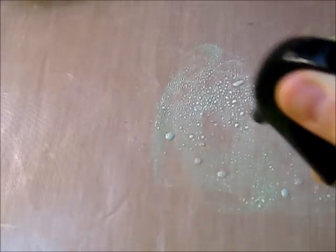So I try not to overlap the colors too much when I place them on the craft sheet, because I don't want to get transfer on the pads, but it's not life or death if it happens. It just,